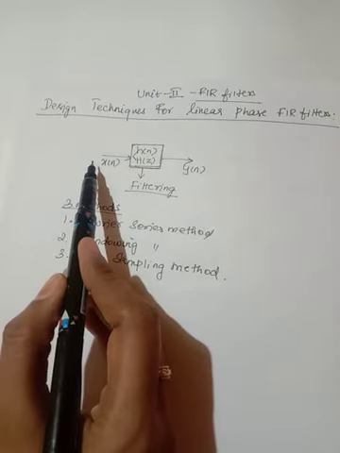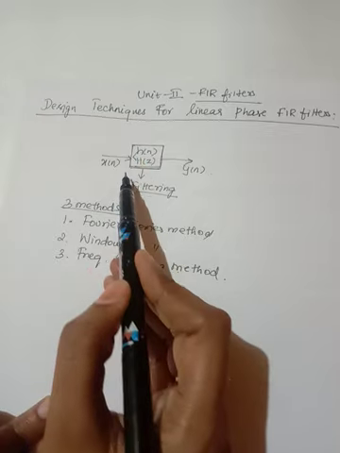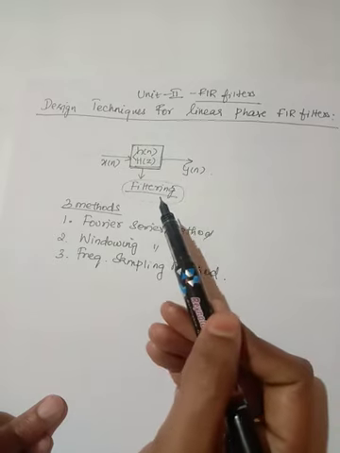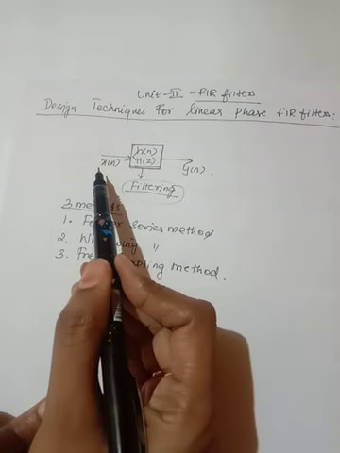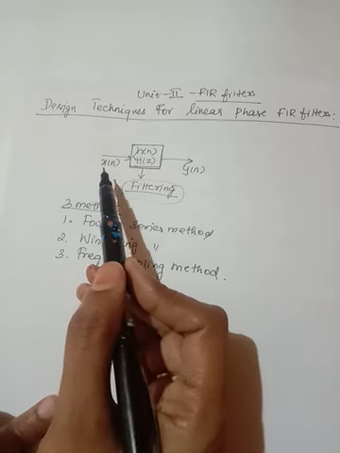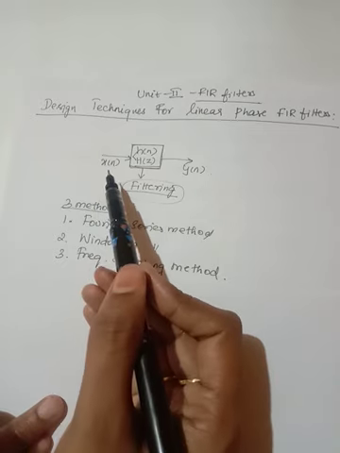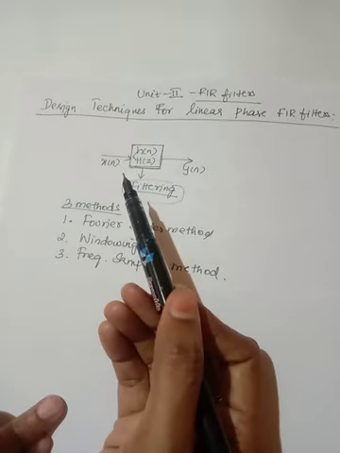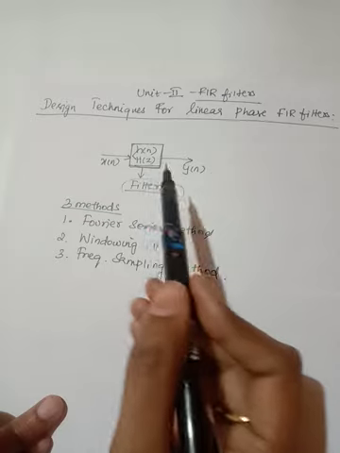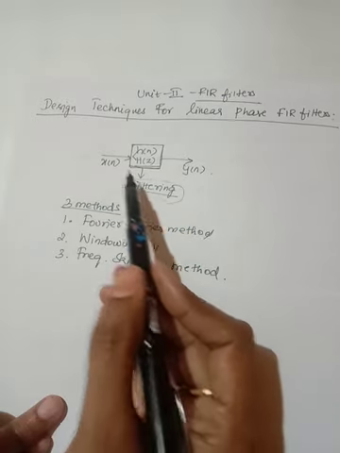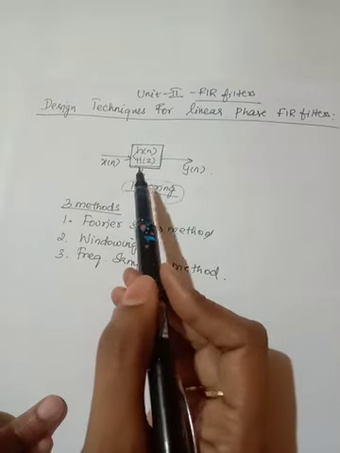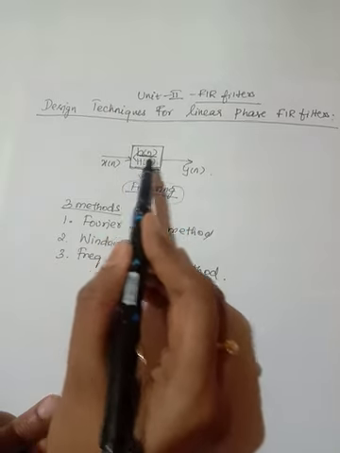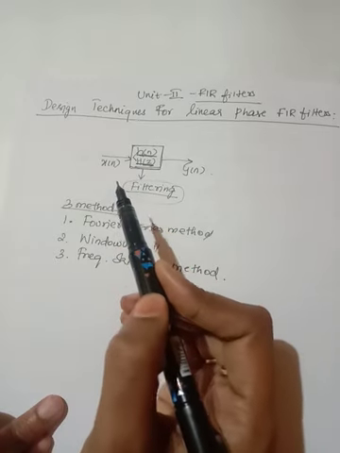Now consider a system that is going to perform the filtering operation. Consider a real-time application. A person is speaking and noise is added with the speech signal. So what we need to do is remove the noise from the person's speech. So you need to design a system to remove the noise, and for that purpose we need to find out the impulse response and the transfer function of the system.